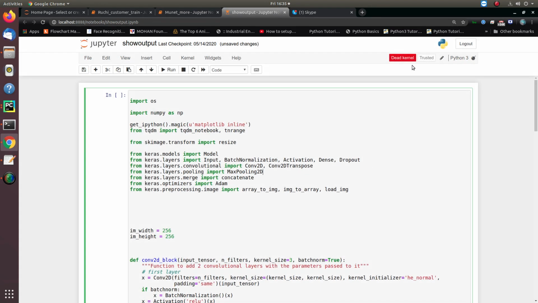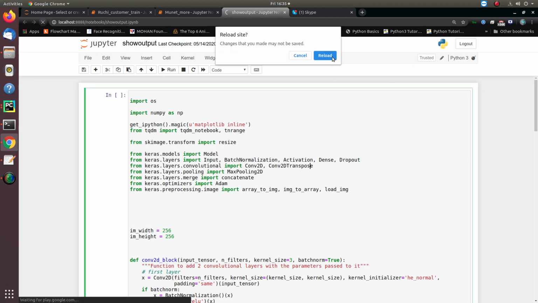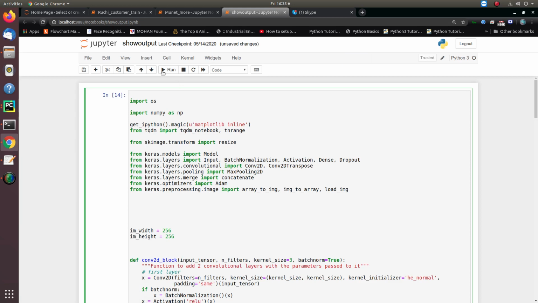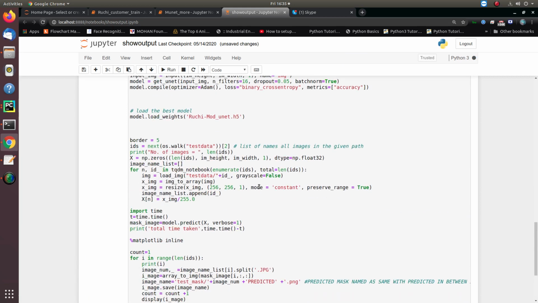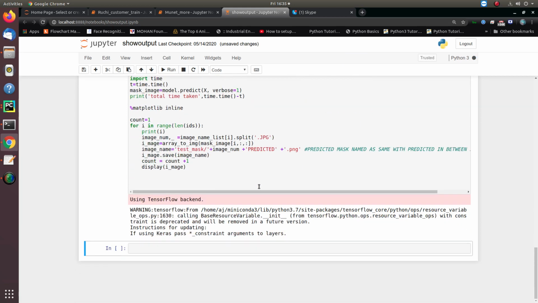Oh my god, my kernel is dead. Using TensorFlow backend.